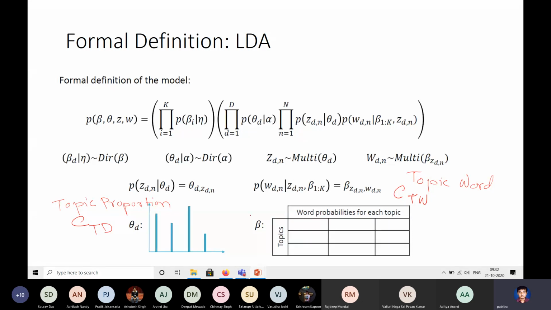If you look at this matrix, every row of the matrix is a point in this simplex. So this entire matrix, if you have k topics, these are k points in the simplex. Similarly here, every topic proportion is a point in this simplex. You have one topic proportion for every document, so for every document you take a point. This is nothing but a collection of samples inside this simplex. And this is a Dirichlet, and this is a multinomial.